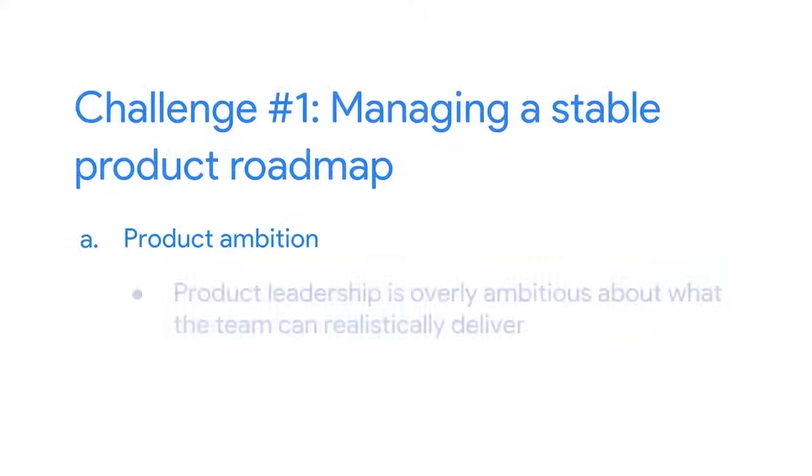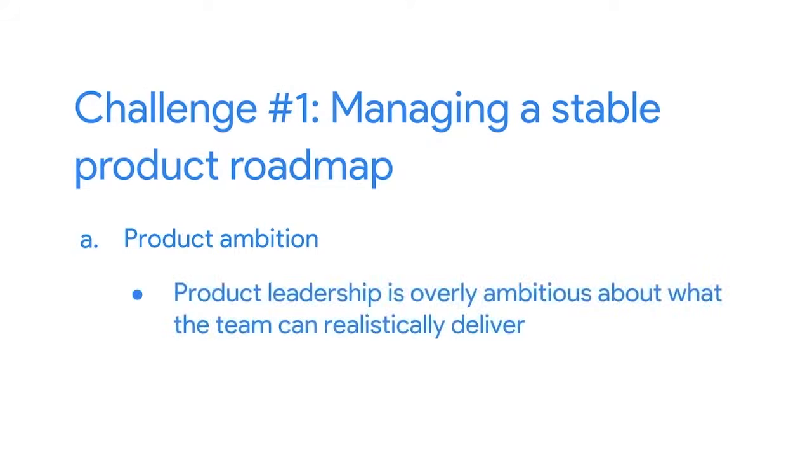Product ambition poses a challenge when product leadership is overly ambitious about what the team can realistically deliver. The product owner is responsible for representing the project to customers and executives. Because the product owner wants to make the stakeholders happy, it can be easy for them to overpromise what the project can deliver. For example, imagine that our Office Green CEO notices that the Virtual Verde business in North America